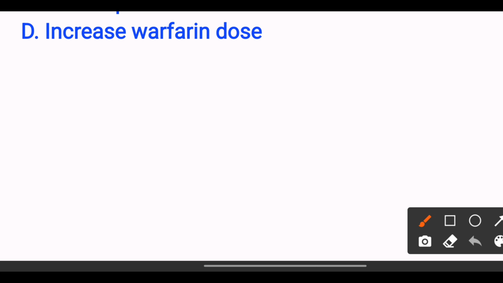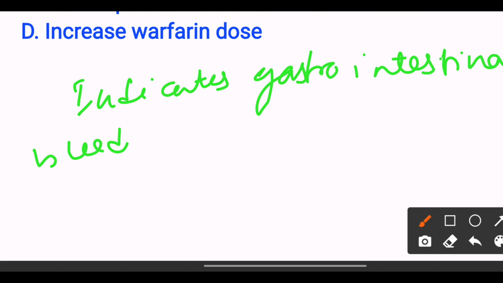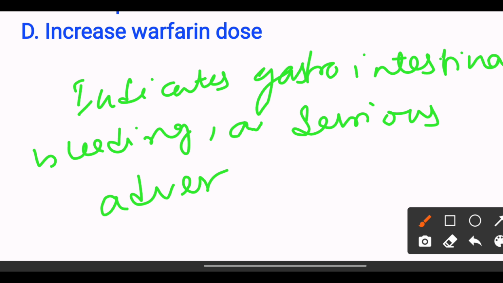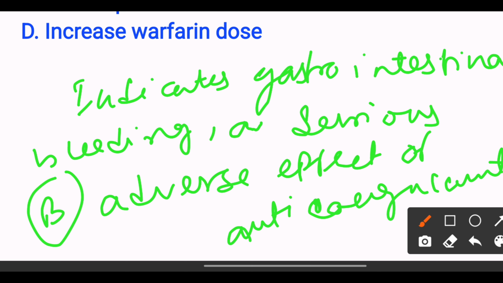gastrointestinal bleeding, and it is a serious adverse effect of anticoagulants. So when I see black tarry stool, I notify the physician immediately. So the answer will be option B. Next,